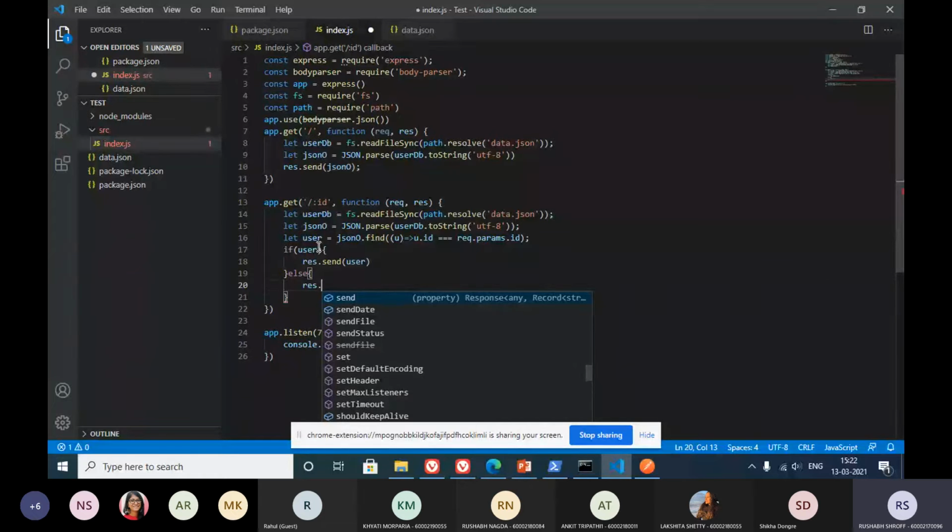So 200 is basically used for a proper, genuine request. Although all the status codes beginning with 200s are basically a genuine request, that is, a proper request that is received on the server, and there's no error inside that.